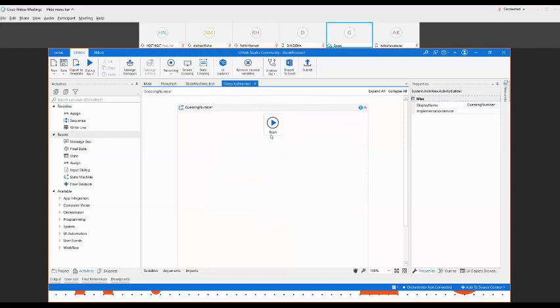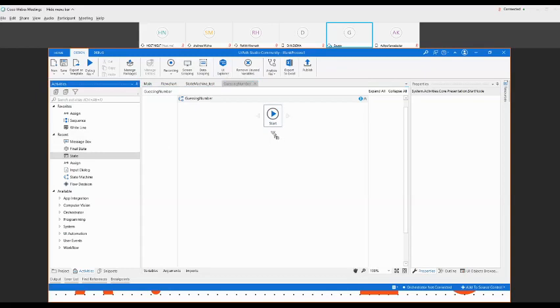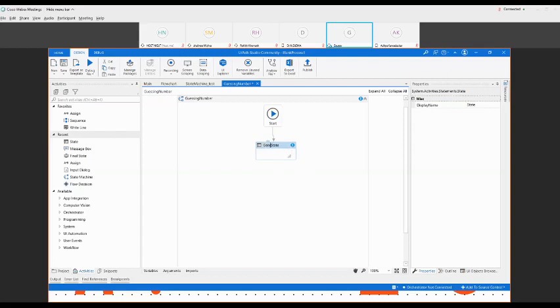So first of all, I want to input a number. So I can use a state in which I will take input, and you can give it a name: generate random number. Okay.